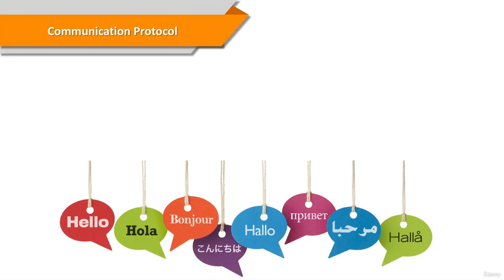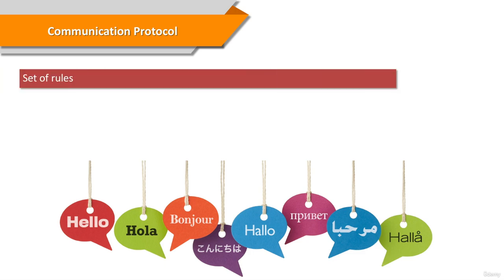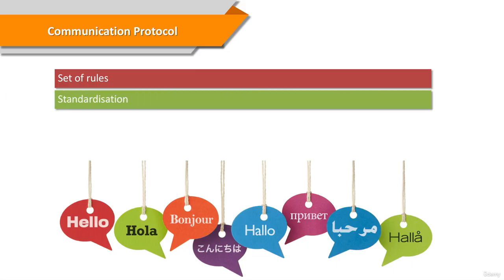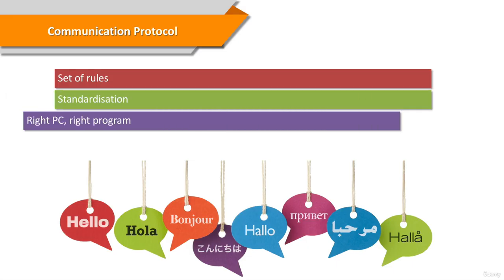Now, before talking about the Internet Protocol, or what we call IP, we should know what a protocol actually is. A protocol is simply a set of rules governing how things work in a certain technology, so that there is some kind of standardization. Protocols are also typically in charge of sending the right data to the right PC, making sure the data gets to the right program, as well as organizing the data to be sent.